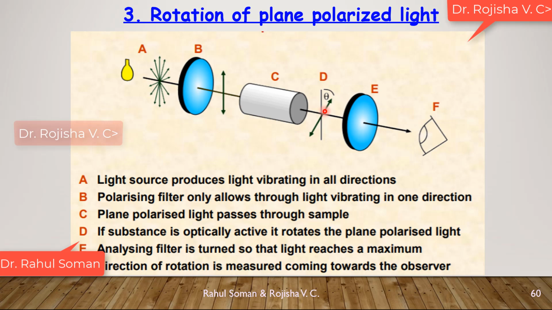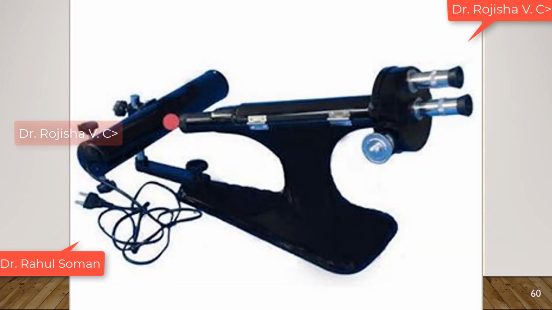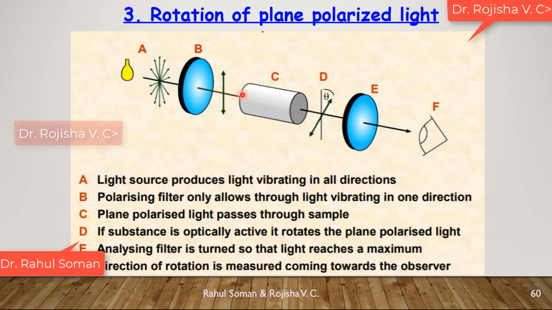So basically, if you see, this is a polarimeter. It is a cheap piece of equipment, not that costly. If light passes through the polarimeter, we will be able to see which side the light is rotating. If we have a sample in that portion which is an optically inactive molecule, then we will get the light in a straight way, as such.